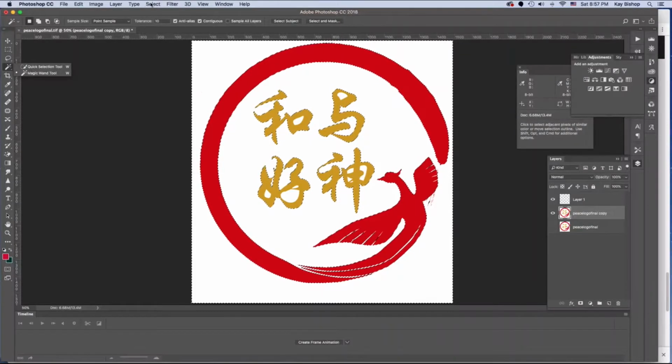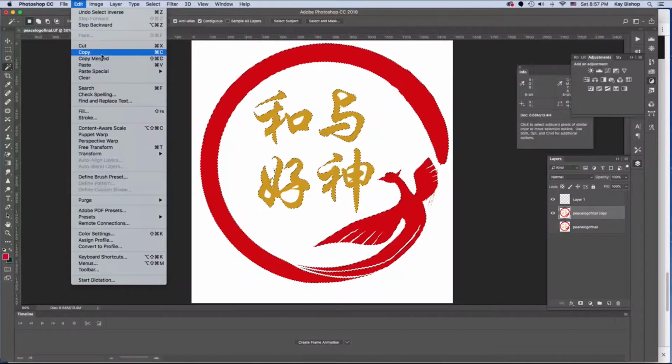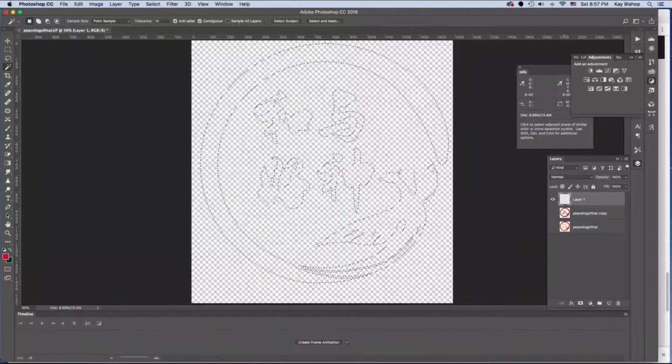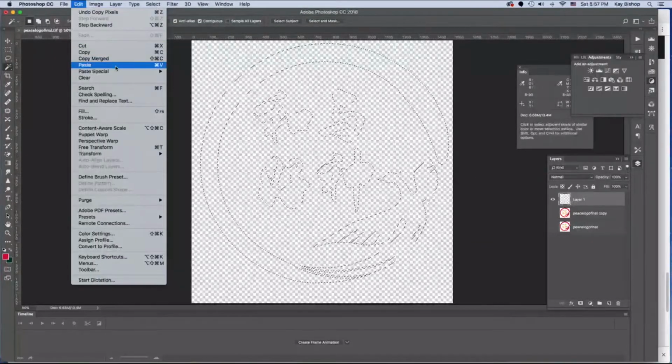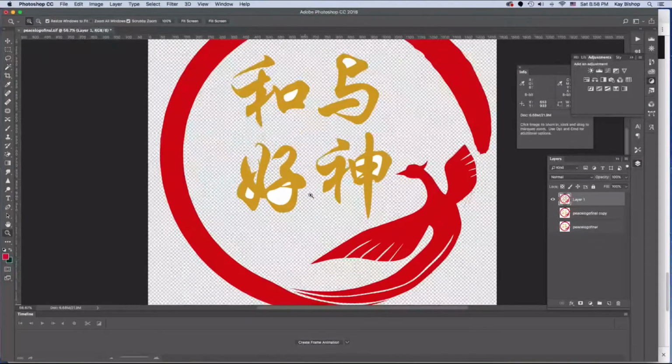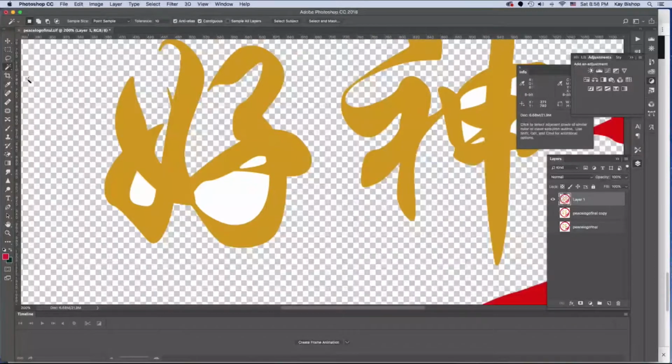Then I'm going to go to Select, Inverse, so that I'm just selecting the artwork itself, and then I'm going to do a copy paste. So I'm copying that into this new transparent layer. I'm going to hide this current layer I'm on and just go to Edit, Paste and paste that right over the transparent background. Now you see I missed a few spots, so I can go in with that magic wand again